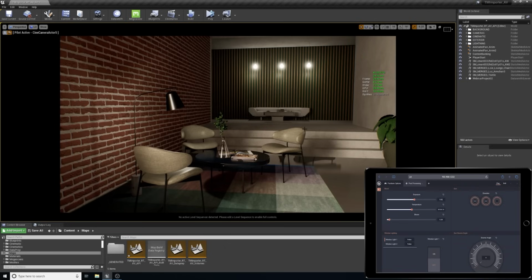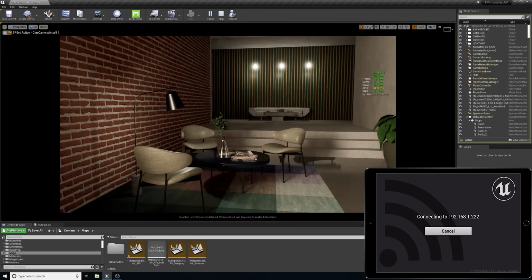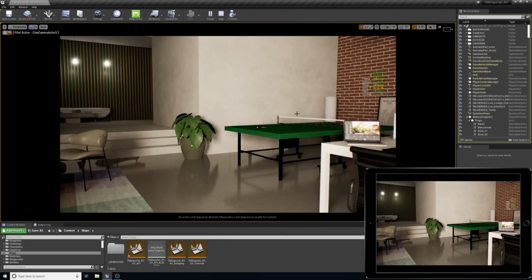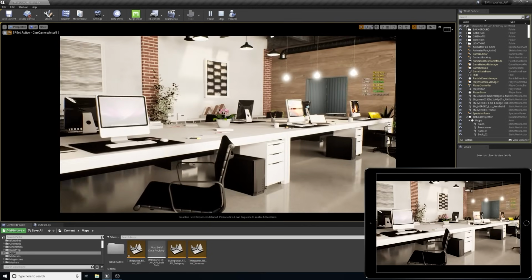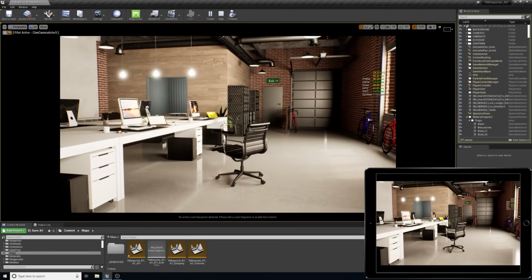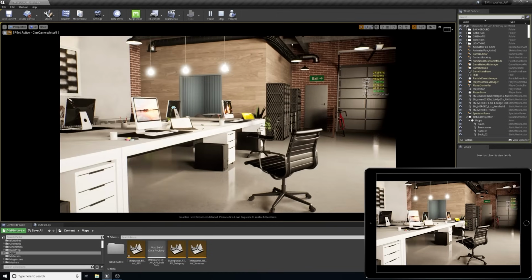I'm also going to show another remote control setup. So I'm going to switch applications. This is a beta app, and I am going to hit play in my Unreal window. You'll notice that the screen on my computer is now on the screen of my iPad. And I can use my finger to rotate around the space, as well as walk through the space. So this is used in virtual production a lot, but I also think that it has a lot of possibilities for bringing architecture products to life or for presenting your project or idea that you have.